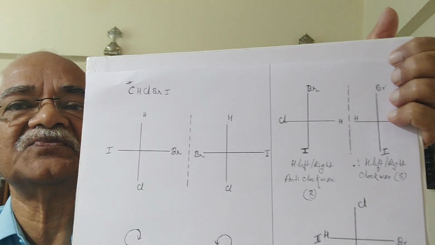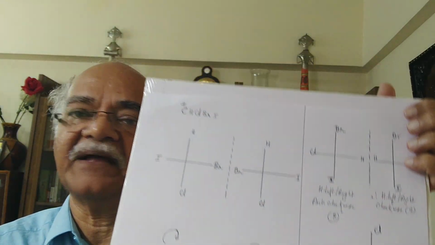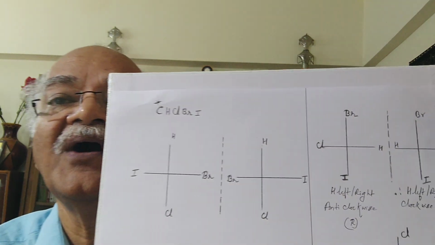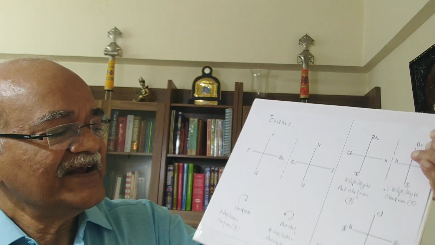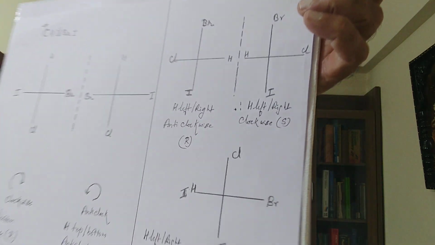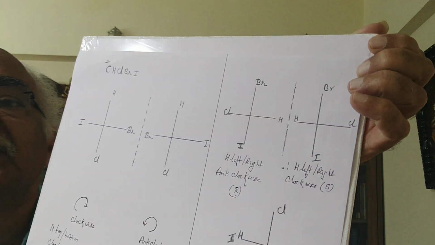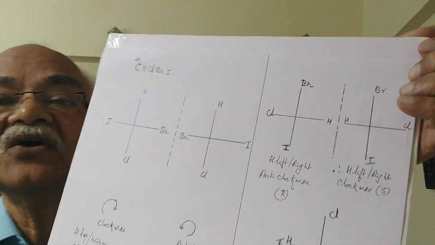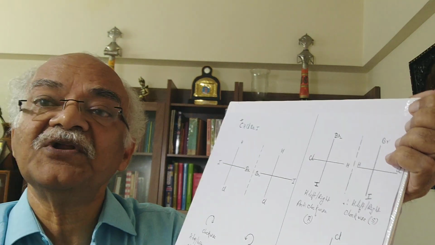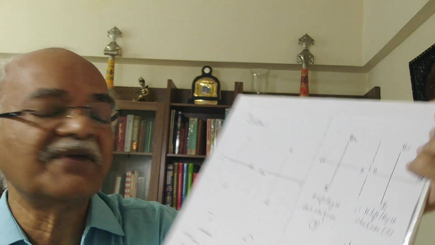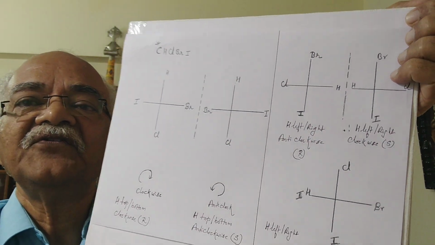It can easily be justified also. So even if you are given a number of molecules and you are asked to segregate them into R and S, you can easily do it by this. This is a quick method, and I don't think there is any drawback or flaw in this approach. For example, I am giving this molecule here, the mirror image. Watch here. Go by the priority. Now it is going clockwise. So hydrogen is towards us and it is clockwise, and you know how to name that: that is the S molecule. Hydrogen towards us, anti-clockwise, that is the R molecule. Hope this is clear for all of you. This is an easy way of remembering or writing the R-S configuration for a chiral carbon.